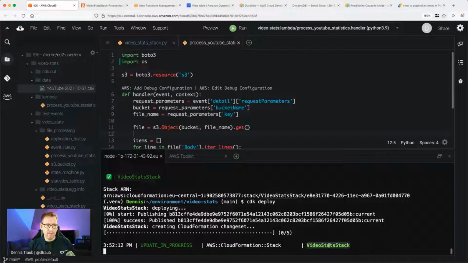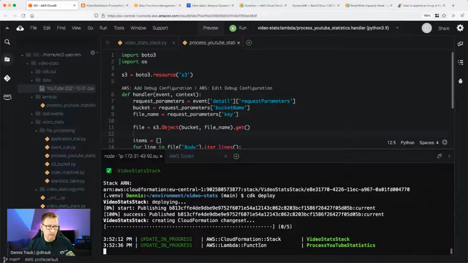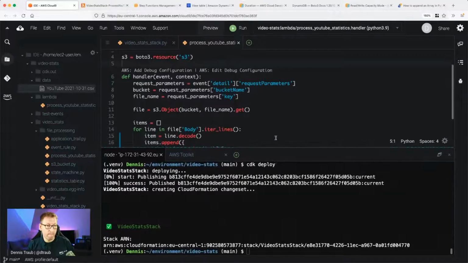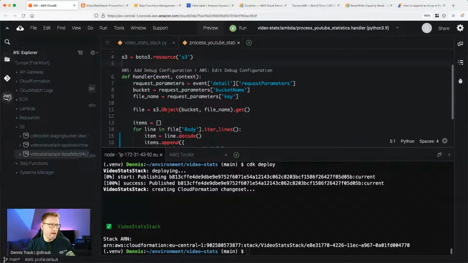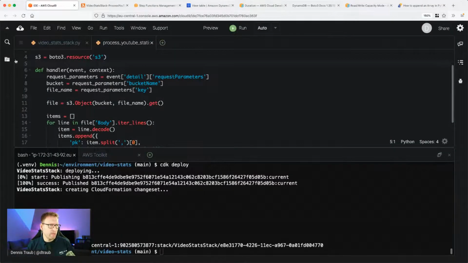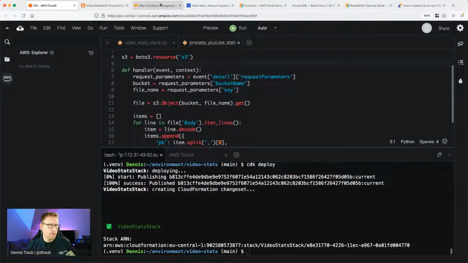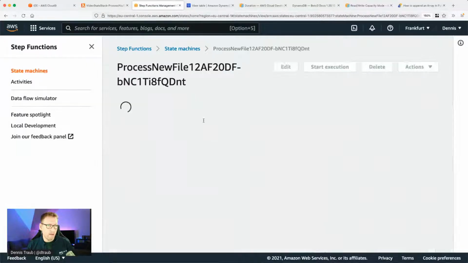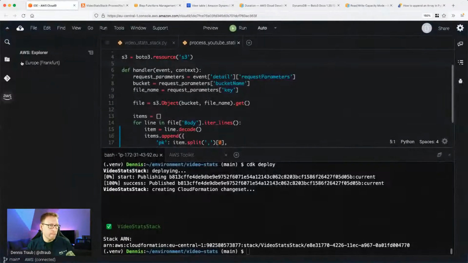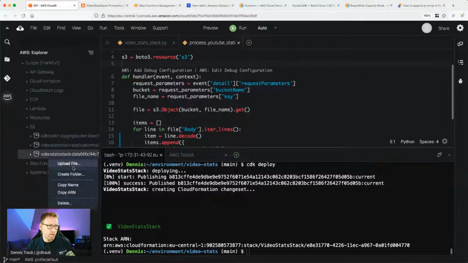So it's updating the video stat stack. It's updating the Lambda function, deploying the new code. All right, so it's been deployed, and now I'll just reload the page to refresh the session. Now I should be able to upload the file again. And let's go back here. We've got our execution. The last one was the 680B. So once I go here, S3, and upload the file again,